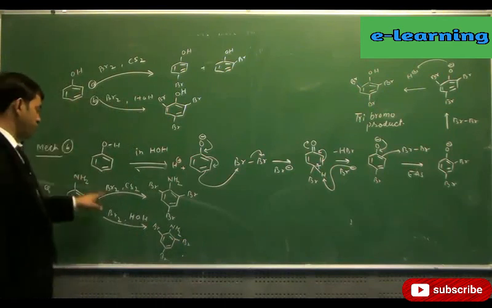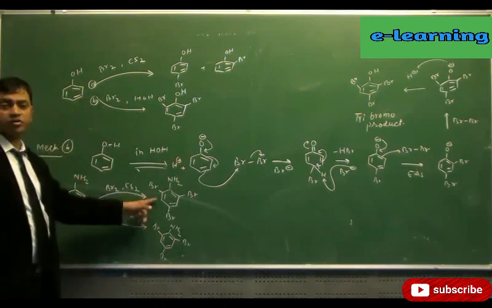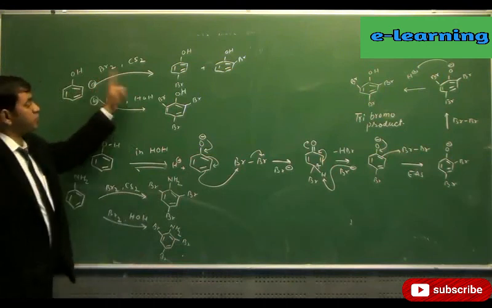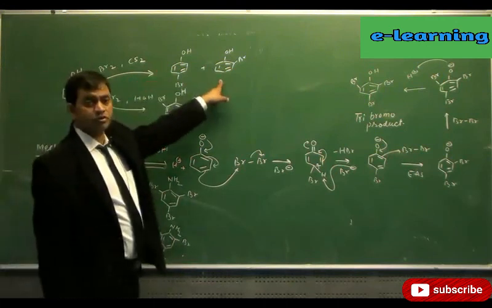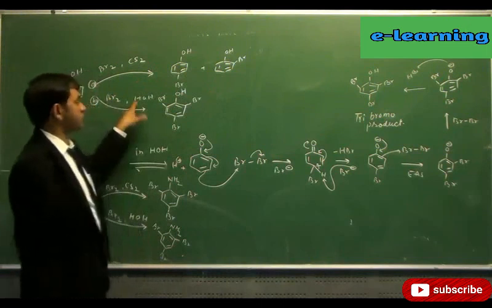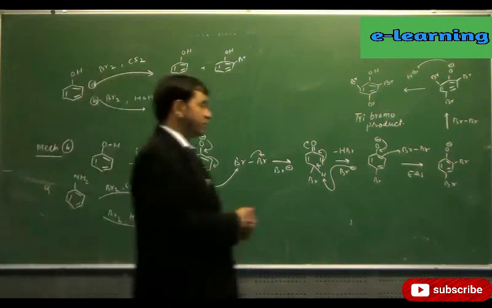In place of Br2, if it is Cl2, then also we obtain the trichloro product. If it is Cl2, ortho and para chloro. If it is Cl2 with HOH, then also we obtain the trichloro product. Means